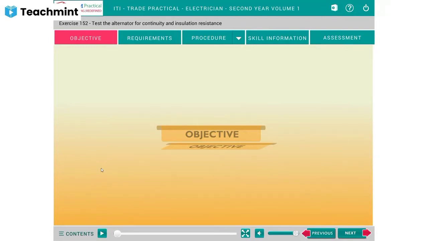So students, today we are going to discuss your practical exercise number 152, that is, test the alternator for continuity and insulation resistance. In this exercise,